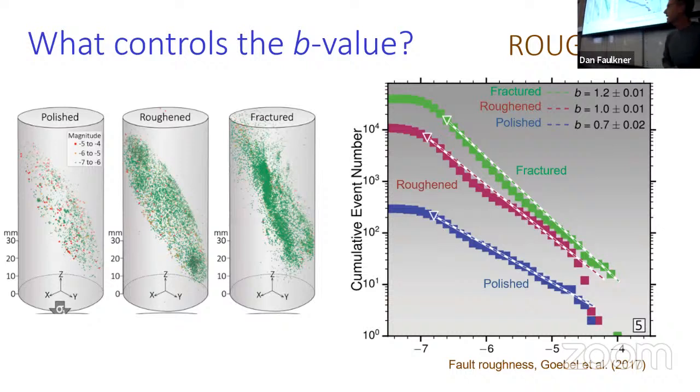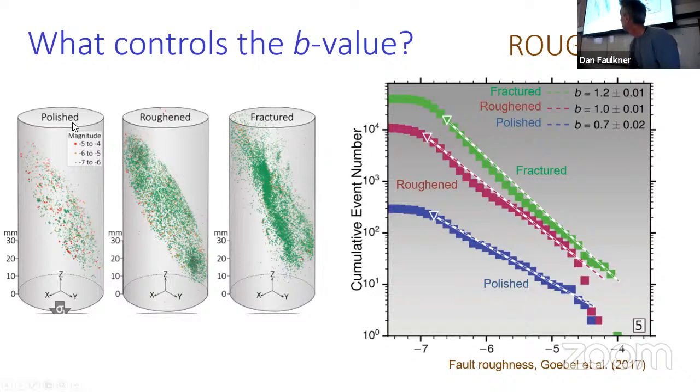So here's something else that can affect B values. This is some work done by Thomas Goebel, who looked at the effect of fracture roughness on B values. So he did three different types of experiments. He produced a cylinder of rock, which we often use in rock mechanics experiments, but with a 30-degree saw cut through the cylinder. And he polished that saw cut, so it's very smooth. And then if you put that into a typical triaxial deformation apparatus, like the ones we have down in the lab, you can confine it around the outside by putting it in a high pressure environment.